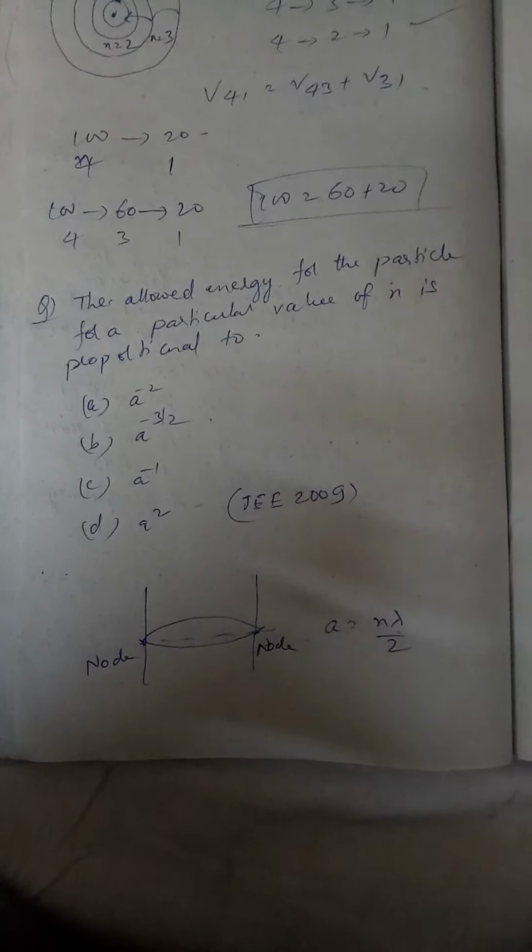Okay. So A is equal to n lambda by 2. Now a moving particle, a matter wave, will have a momentum. So the kinetic energy E is equal to p square by 2m. Now how do we get this momentum? Because it's a matter wave, we can apply the concept of de Broglie's wavelength. De Broglie's wavelength, p is equal to h upon lambda. So substituting this p value in the original equation, you get E is equal to h square by 2m lambda